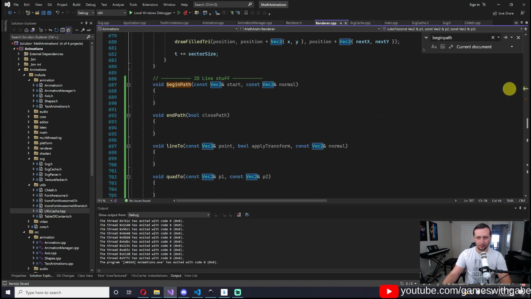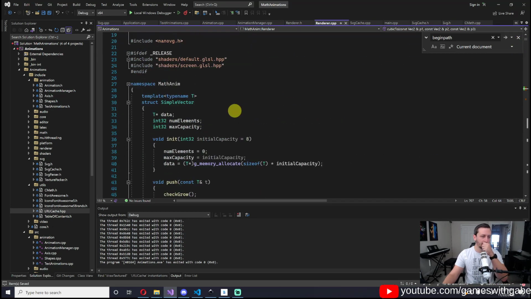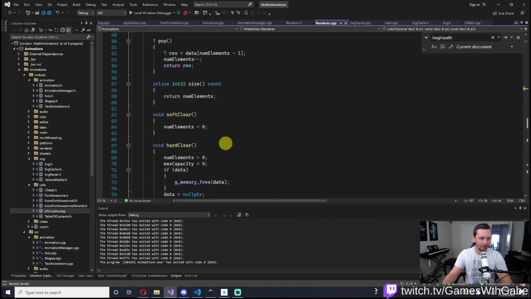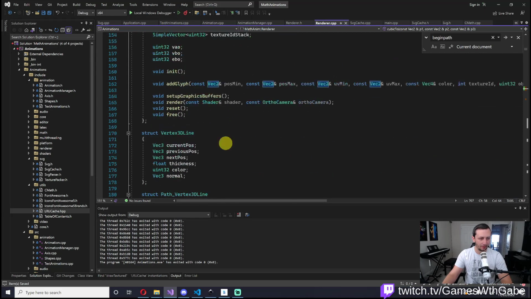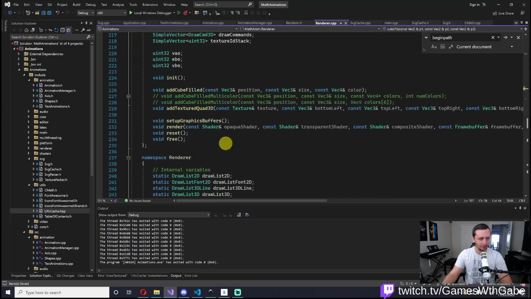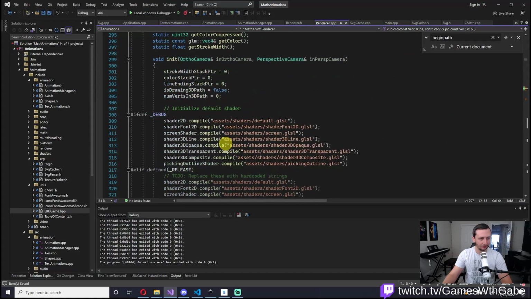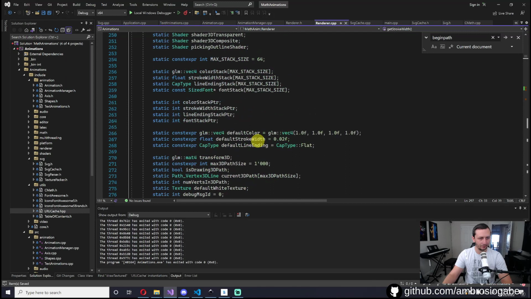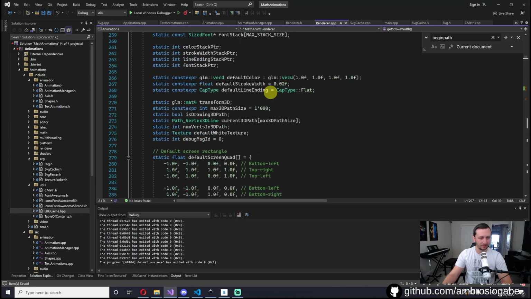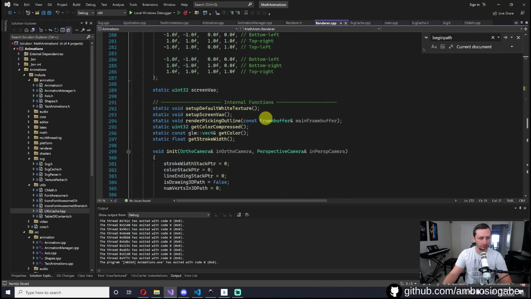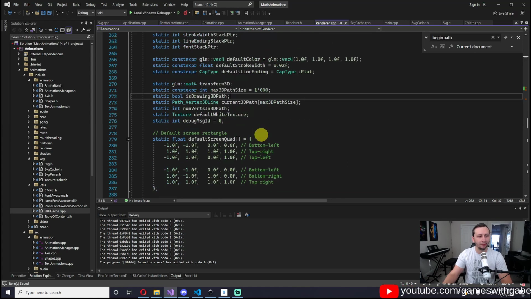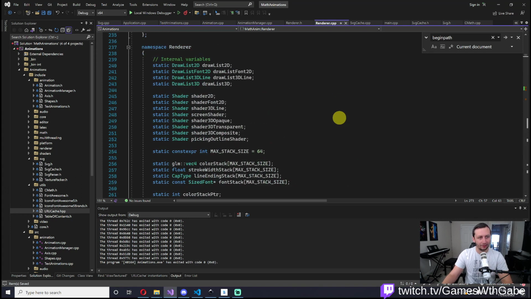That's all good. Cool. So the way that I do these paths is they are kind of stateful. I might actually do the 2D ones a little bit differently too, just because it makes more sense, I think. So the way I was doing the 3D paths is, if we go somewhere up here, we basically have a bunch of state. That's just kind of global state, and I don't like that. I've been trying to get away from having global state because it's not good. So we have this path 3D vertex line, which just has a max path size. And I think it'd be better if we actually did